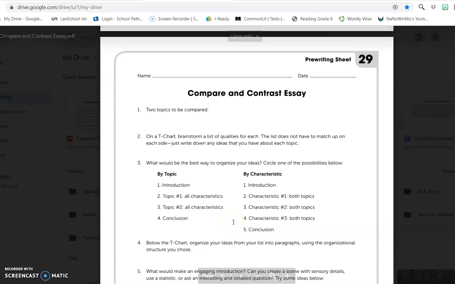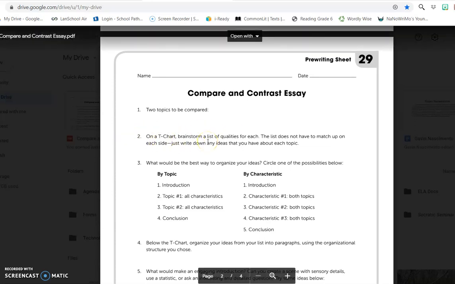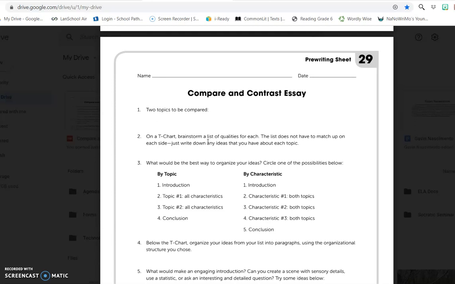All right, hi again. This time we are going to talk about the pre-writing sheet for the compare and contrast essay. So for the T-chart, hopefully number one for you guys is already completed. You have the two topics you're going to be talking about, whether it's video games like Minecraft or Roblox, if it's sports like baseball versus basketball, if it's books, characters, whatever those two topics that you feel expert on, that step should be completed, as well as the T-chart, which is in Google Classroom, where you list the qualities of